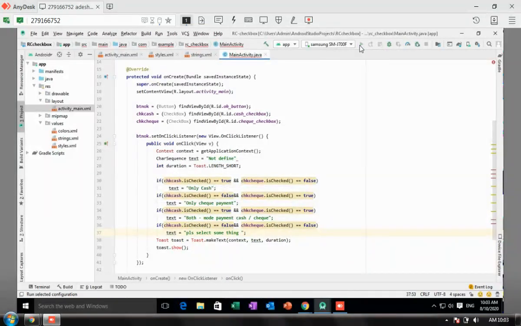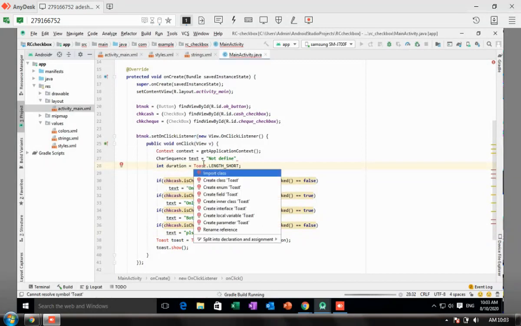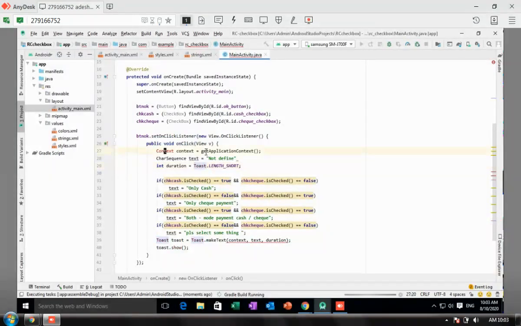I execute them. It's showing an error for toast. First we have to clear that. So I press Alt Enter. This is importing the file. Okay, that is done. Context also it is showing. So Alt Enter again, importing the file. So our imports are done. Let's check it out again. So Gradle is building. I'm saving this. What is my logic behind here? I can choose multiple choices in this, and as per the choices, I should be able to display them. Oh, it's compiling.